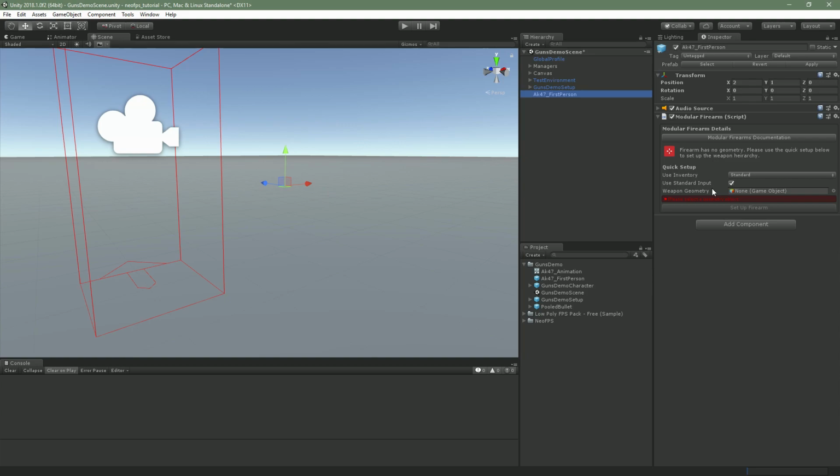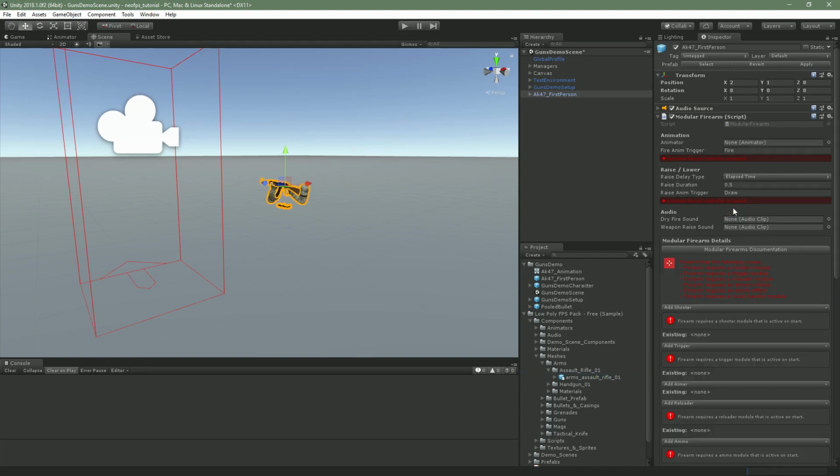If the object doesn't have an animator component, then we'll get a warning, but the button will still be enabled and we'll still be able to set up the firearm. So in our case, we want to use the AK-47 model from the low poly FPS asset. And you can find that in Components, Meshes, Arms, Assault Rifle. Drag that FBX asset onto the weapon geometry property, and we can hit the Setup Firearm